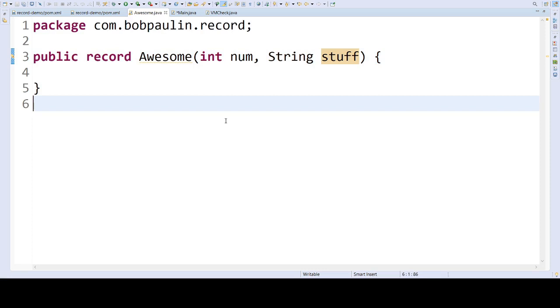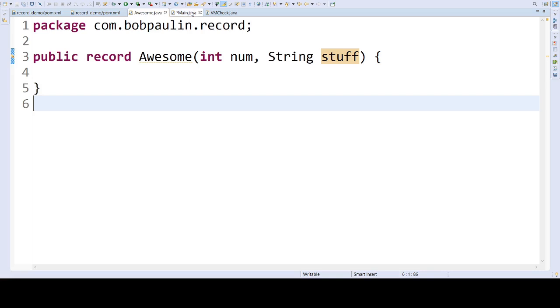So the next piece is maybe going through and saying, okay, well, what is it that I can do with a record, or what is it that I get from a record that I don't get for free with an object? Well, the first thing is you don't see getters and setters, right? So how does that exactly work?